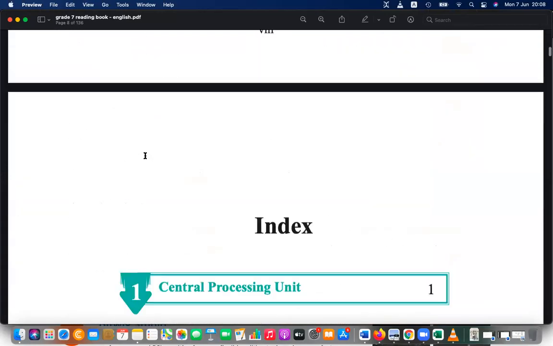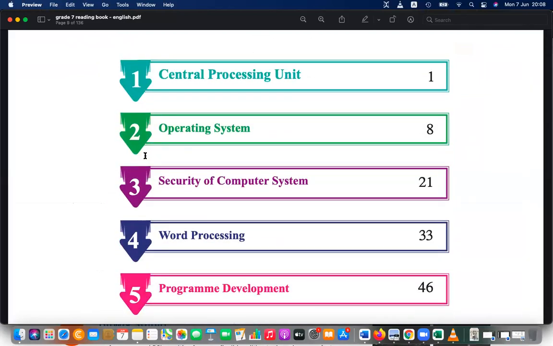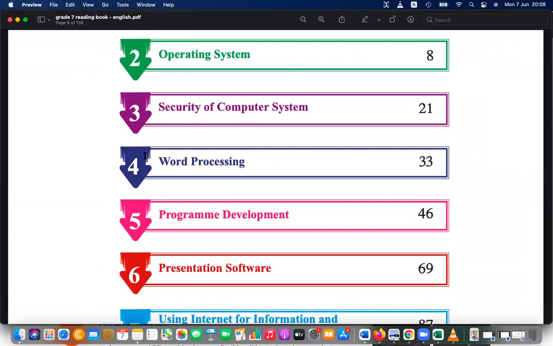Lesson number 1 is about the computer processor. Then we discussed operating systems as system software. Then we discussed security of the operating system, which is physical security and logical security. Then we discussed word processing, which is application software, and usage of the keyboard and mouse. Still, we have to discuss one more thing, and that is Tamil typesetting. So I'll keep that for the next day, right?